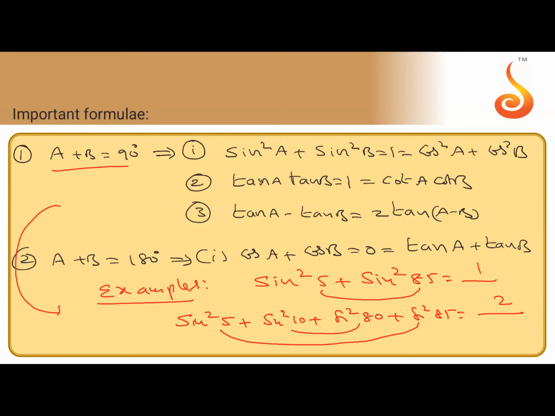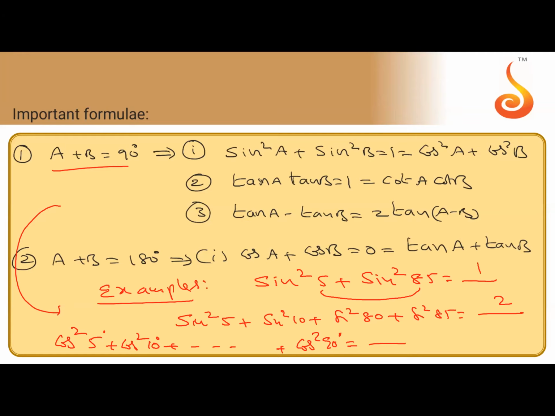And one more example. If they're asking a question like cos square 5 plus cos square 10 and so on, up to cos square 90. What is the answer for this one? Wait. No, revision material is only for some important models; we will discuss the revision material. But you have to work out previous year questions. Revision material and previous year questions you have to work out.